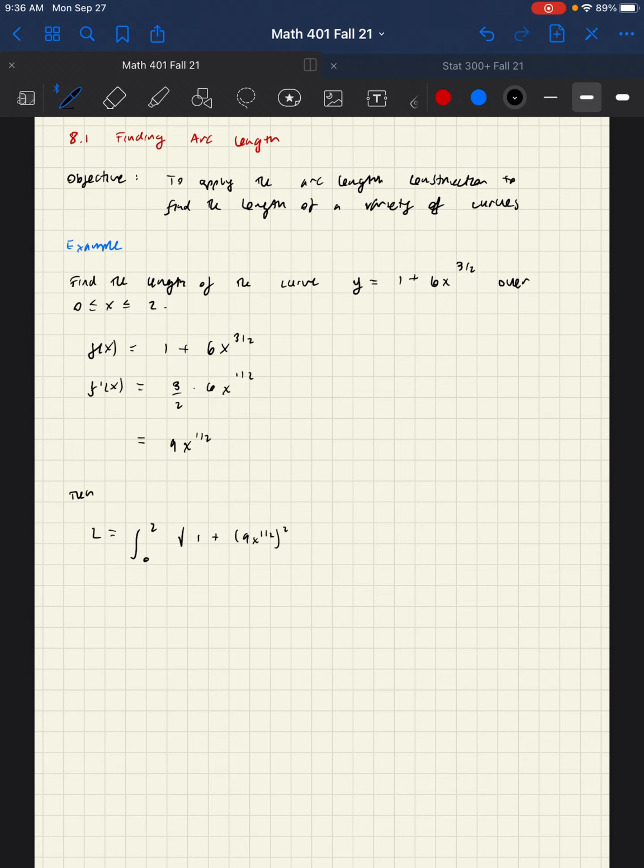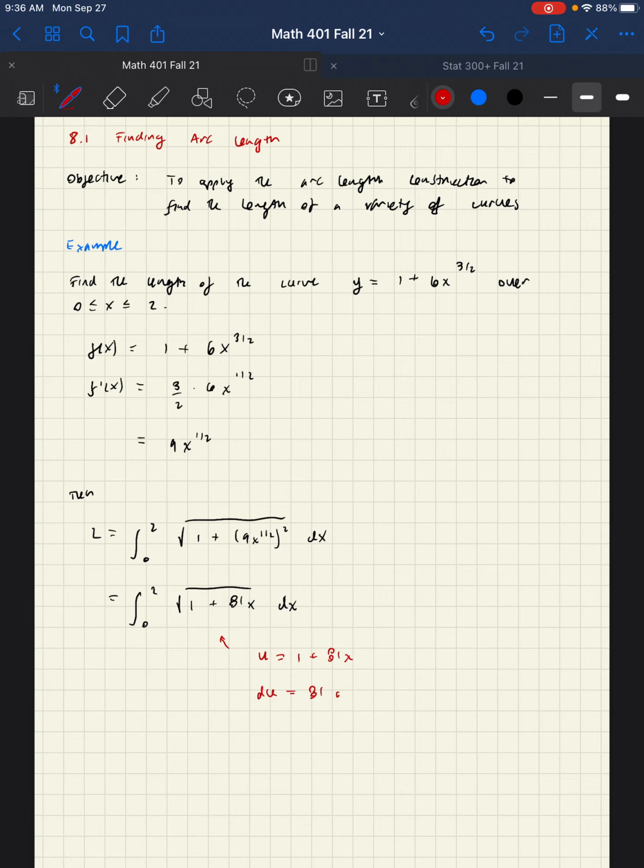Then that length is the integral from 0 to 2 of the square root of 1 plus 9x to the 1/2 squared dx. So what happens with this integral, the x to the 1/2 squared becomes x. And then we have 1 plus 81x dx. Okay, so what do we have here? We have an integrand that has a